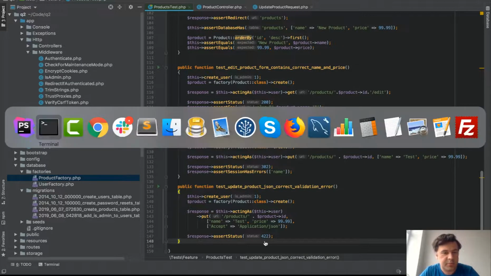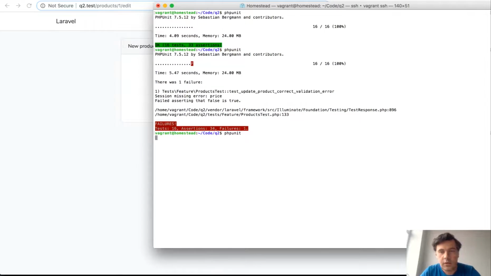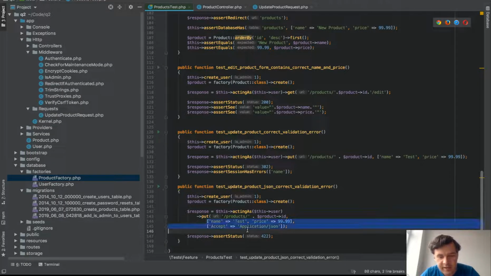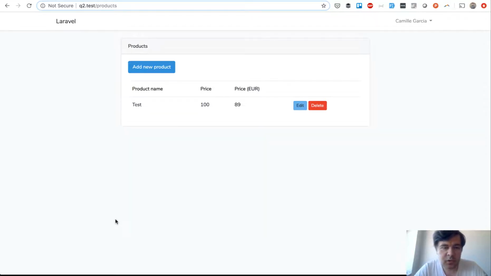And let's launch PHPUnit. Yep, we're all green. So this is the case where you want to test the API response. You just put accept application JSON as the third parameter of your request, and then the status will be 422 as Laravel validation defaults. In this lesson we're going to work on the final part of our CRUD, is deleting